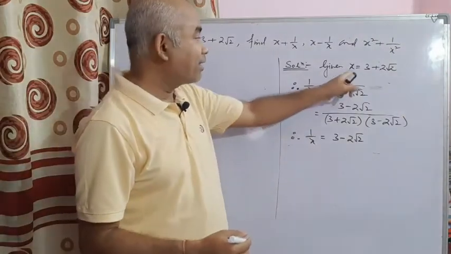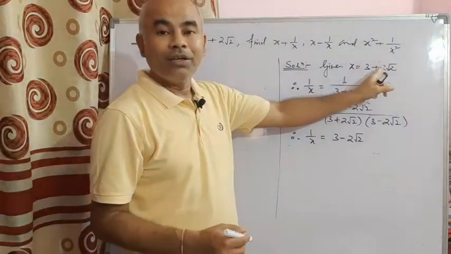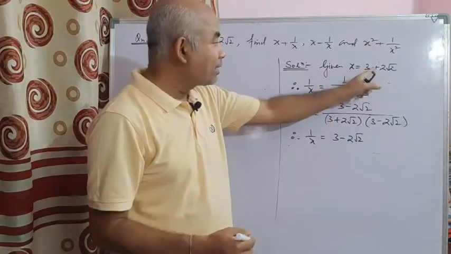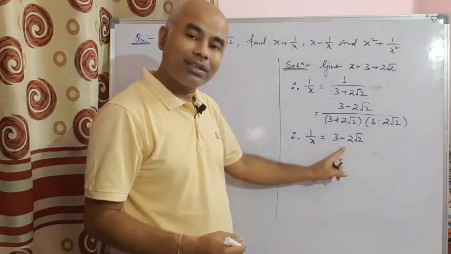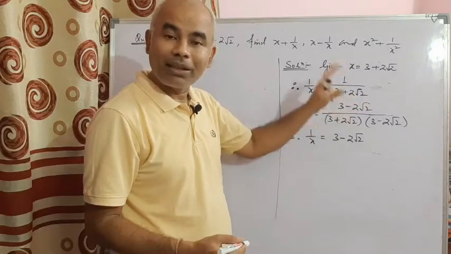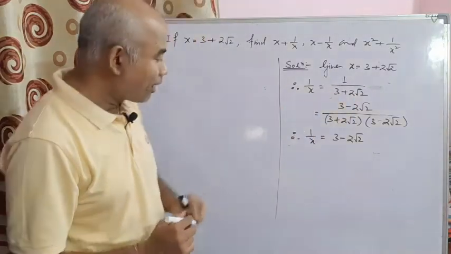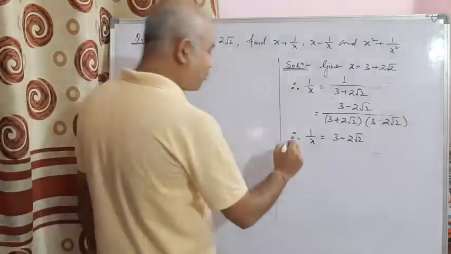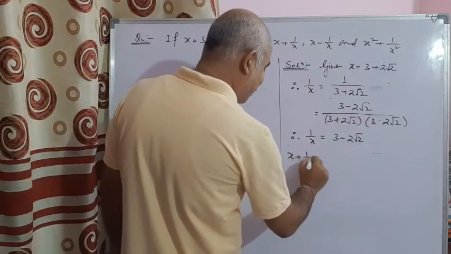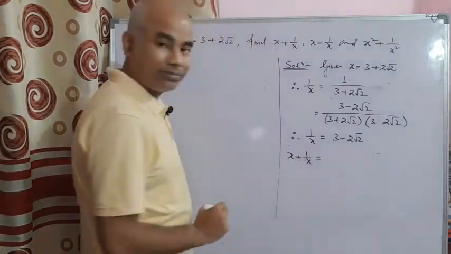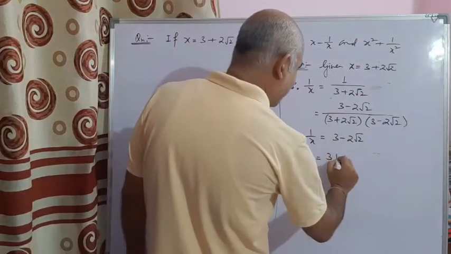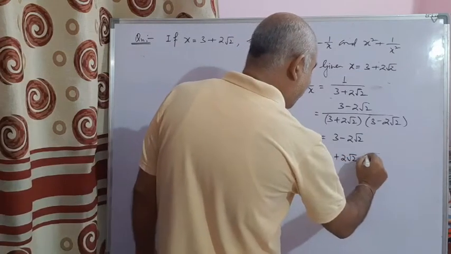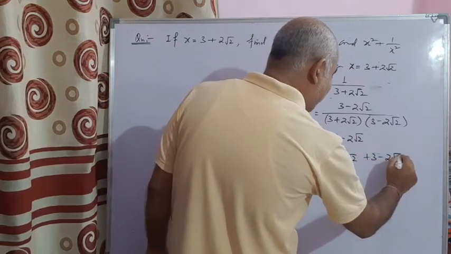or without doing the calculation also you already know that as x is the sum of square roots of two consecutive natural numbers, so if the sign is plus, then in 1 by x, the same numbers, the sign will be minus, but the calculation you need to show. Okay, so after getting x and 1 by x, it is very easy to find out x plus 1 by x. So x is 3 plus 2 root 2 and 1 by x is 3 minus 2 root 2.